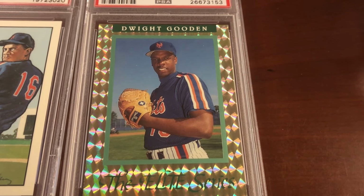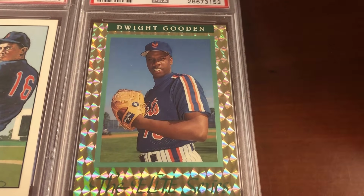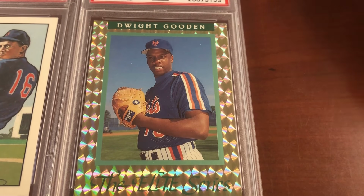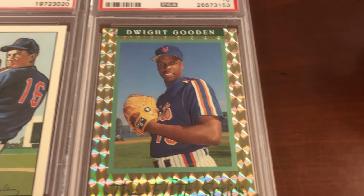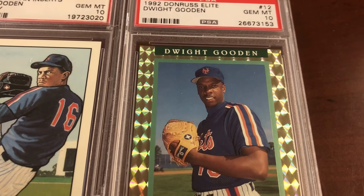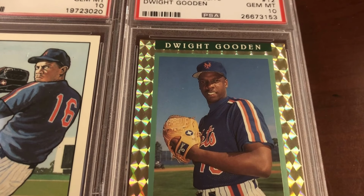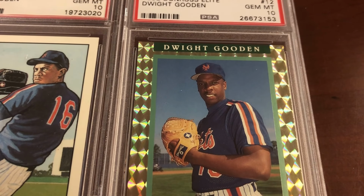So shiny. I think, literally, if I go back and look through my collection, it's the only card that has any kind of shine in my PC. All right, guys, I wanted to show you one more thing. I think you're going to like it. It's going to be pretty cool, kind of showing you a little bit of the history that I talked about